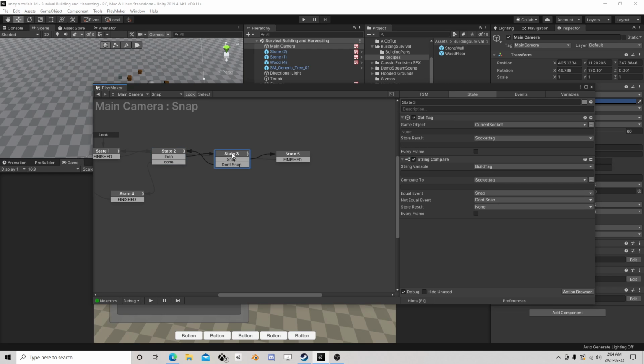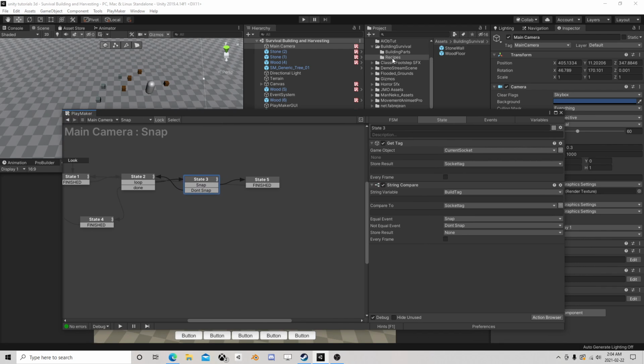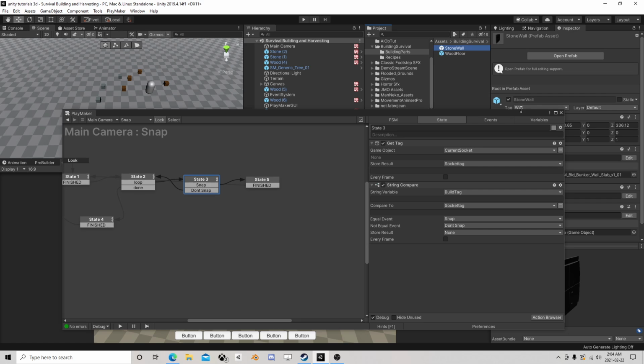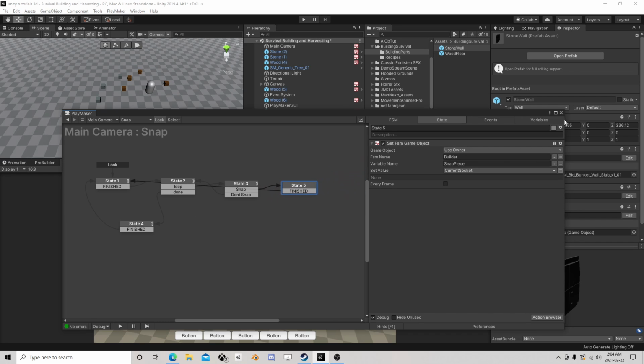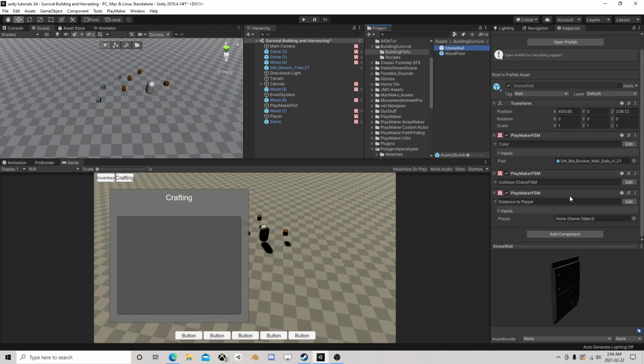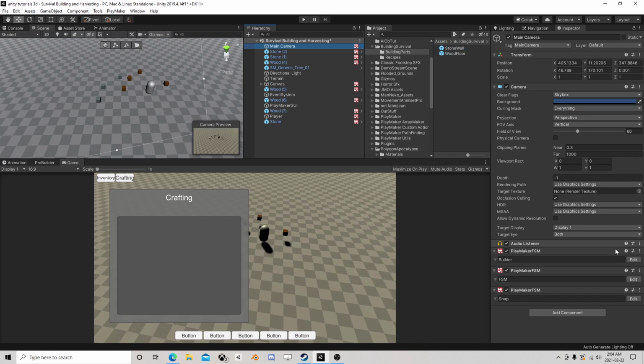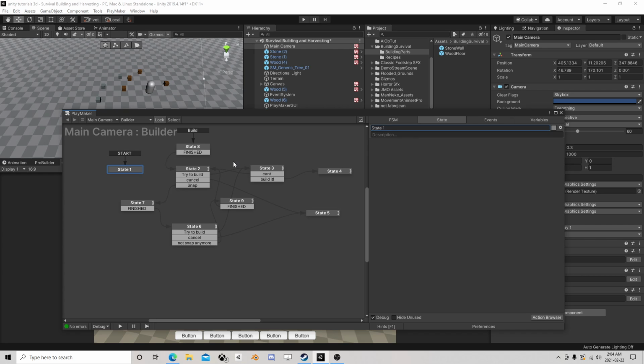So this guy's looking for snaps. Get tag, string compare. So we're looking for his own style of, which is going to be wall, and if it's the right type, he'll go. So where is... I'm at the wrong thing here. There we go. So here, if we're going to build something,